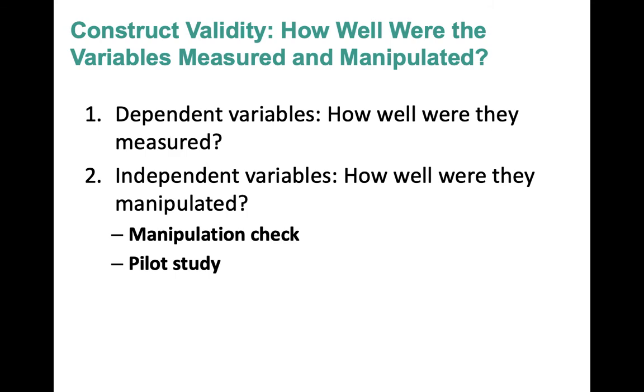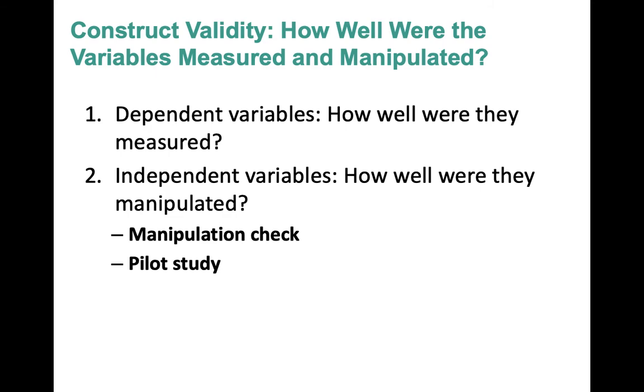And then with the independent variable, we just want to ask how well the IV is manipulated. And I think, again, going back to the note-taking study, it's a fairly straightforward manipulation: they either got a laptop or they had to take notes longhand. So that has pretty strong construct validity for a manipulation. I mean, that's about as clear as it gets. But